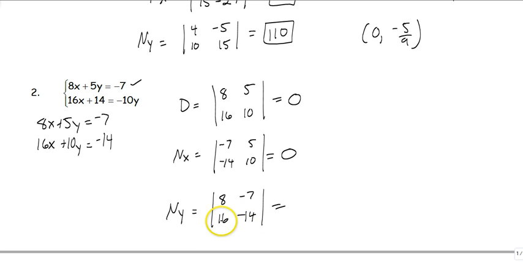And again, when you multiply these and do the determinant, so 8 times negative 14, minus 7 times 16 times negative 7, you end up with 0 again. So what happens is you get x is equal to 0 over 0. What this means is, first of all, this would be undefined, but if it's a 0 on top and bottom,